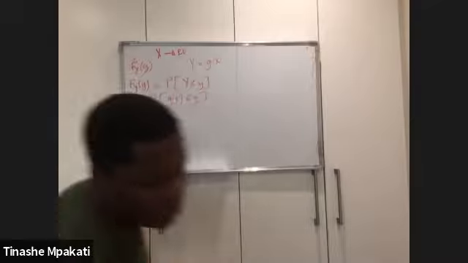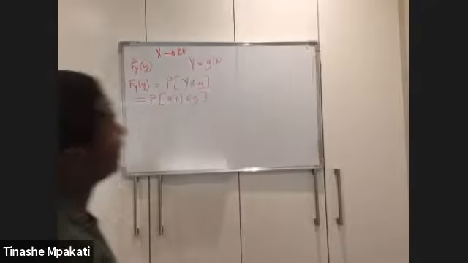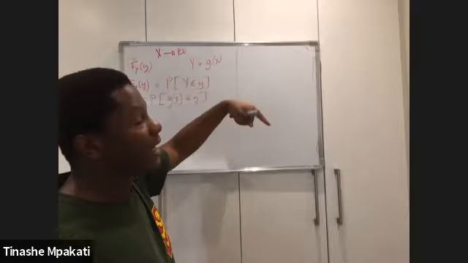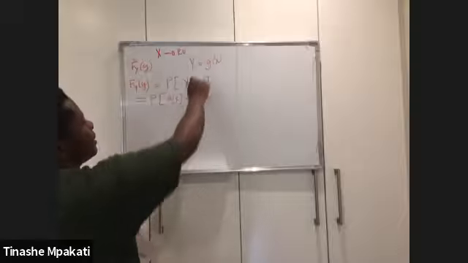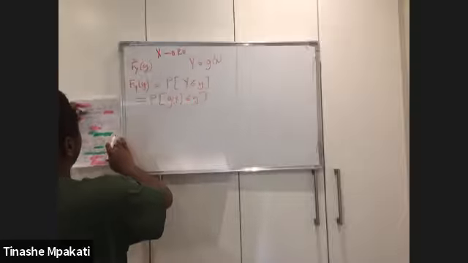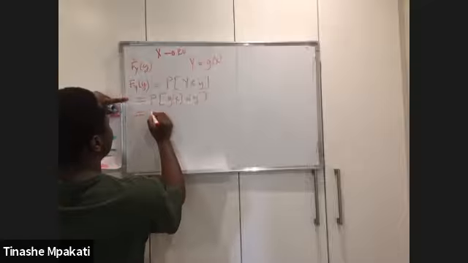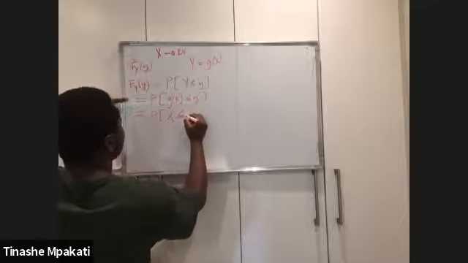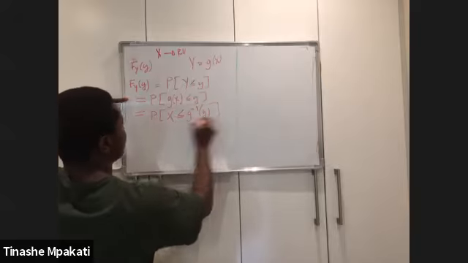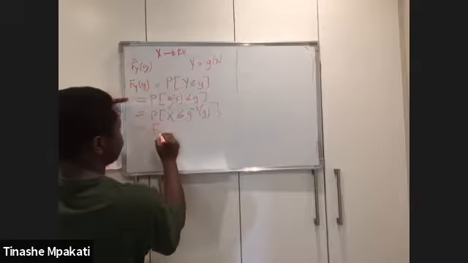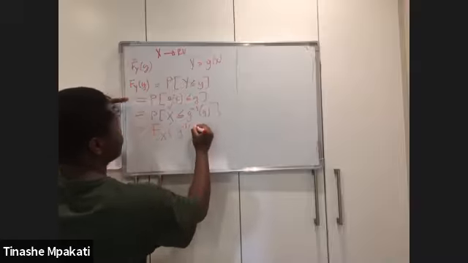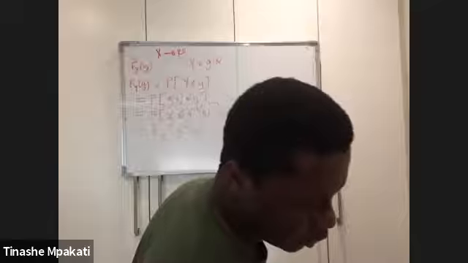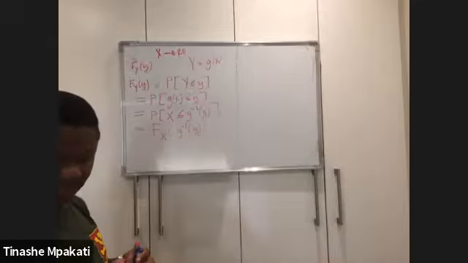This is the step where you would look at the interval and ask, at this interval, what is my Y? But now, since we're dealing with just one y, it's not described in interval ways, so instead I will just say g of x. This will be equal to the probability, where you take the inverse, that is, you make x the subject of the formula. Then x is less than or equal to g inverse of y. This is simply the CDF of your x evaluated at this. It might look more complicated than it is, but we'll do examples to show it's not that difficult.